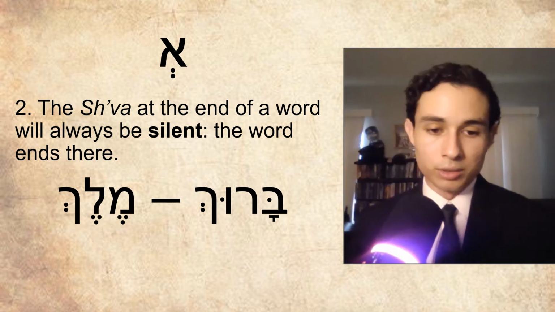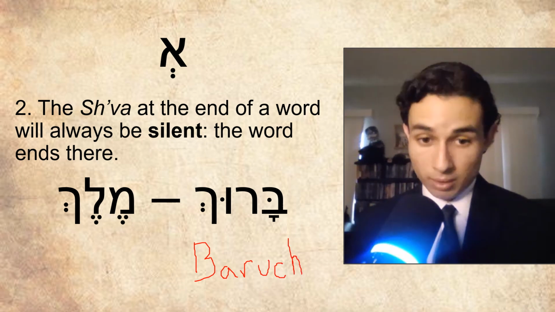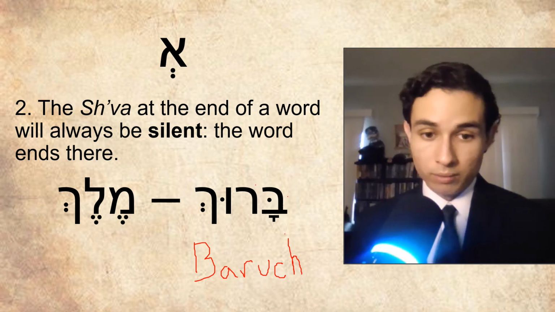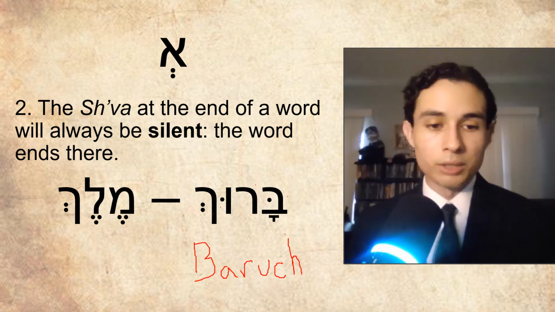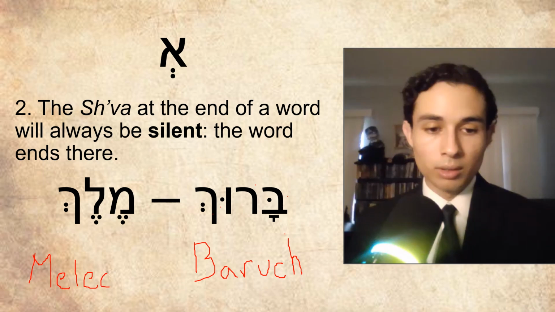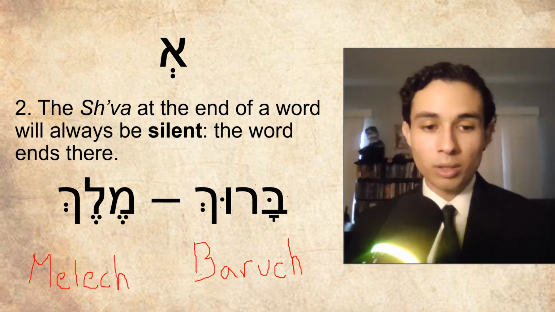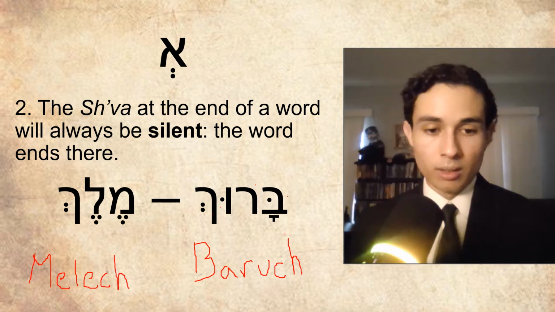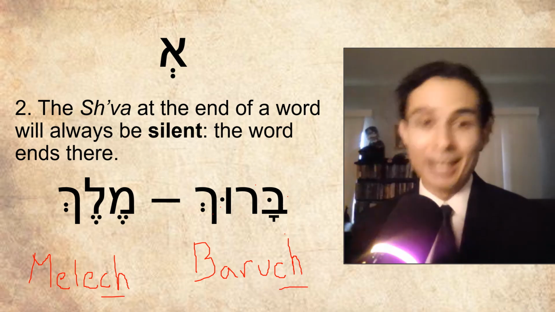So just to transliterate both of these, this is the word Baruch. I hope you see that what I'm doing is letter, vowel, letter, vowel, letter, vowel, etc. And then this word right here is mem, segol, lamed, segol, chaf sofit. So we have Baruch and Melech, okay? Meaning that the chaf sofit does not continue, the word ends with a chaf sofit.